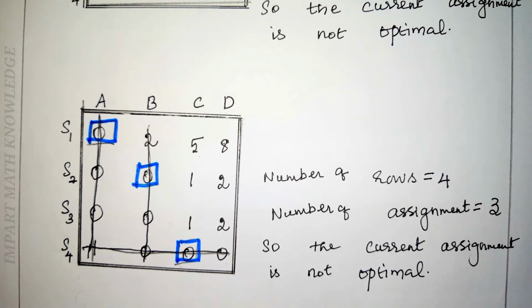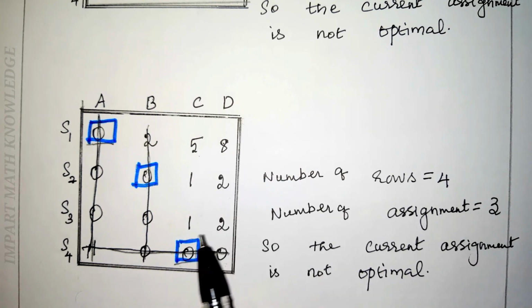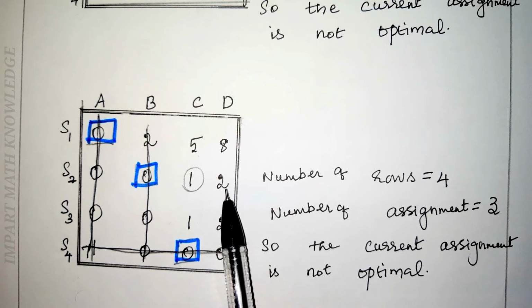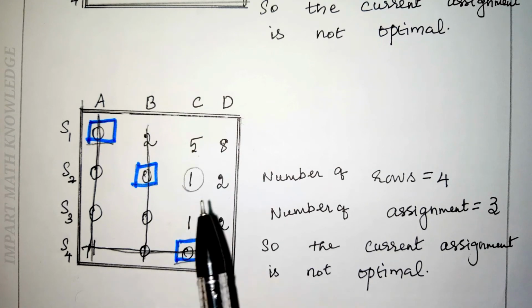For finding the new cost matrix, you have to select the least element from the uncovered portion. These are the uncovered portion. From this, we have to select the minimum number. Here the minimum number is 1. With the minimum element, you have to subtract all the uncovered elements. That is 5 minus 1, 1 minus 1, 1 minus 1, 8 minus 1, 2 minus 1, 2 minus 1. And you have to add it with the intersecting element. If you have two lines means you have to add. If you have one line means you have to write as it is. If you have no line means you have to subtract. These are the three conditions you must know.